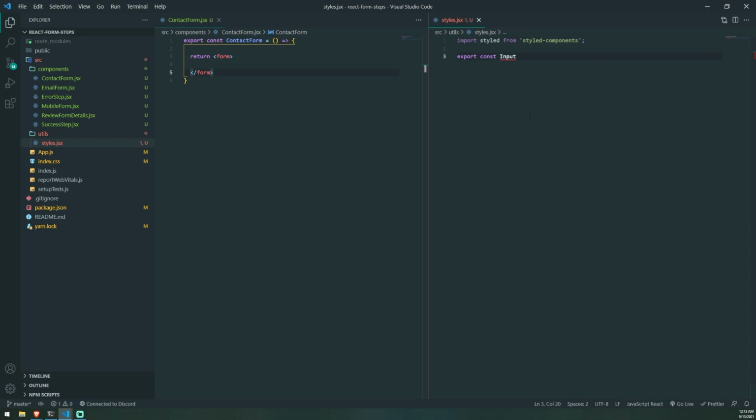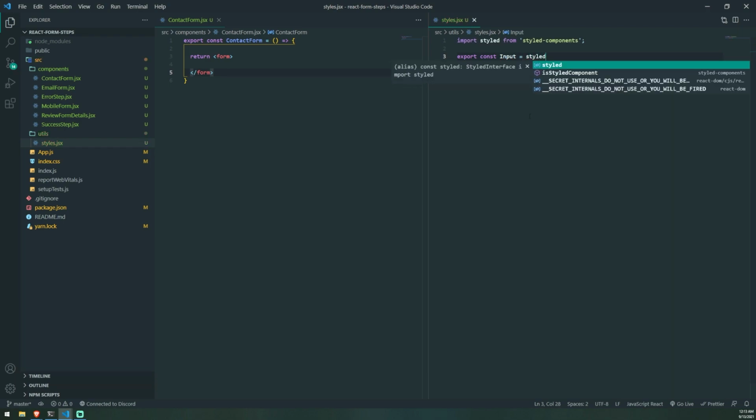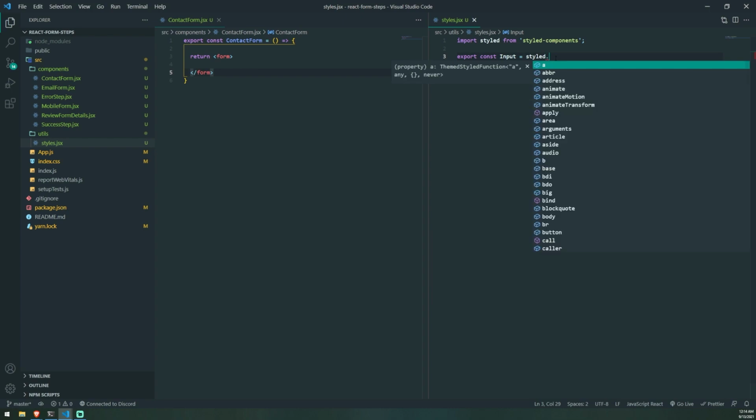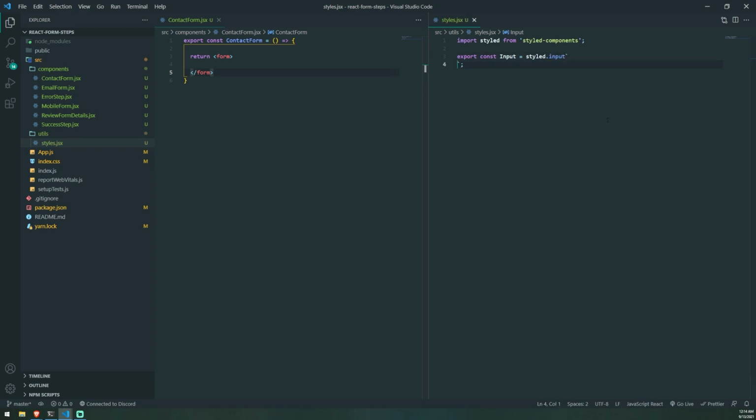So let's create a named export for input. And the way we style components is we first have to make sure we import the entire styled components module. Next, we're going to reference styled, and then use the dot operator and reference the HTML element that we want to style. So this is going to allow us to style whichever HTML element that we want. So I want to style an input field, so I just type